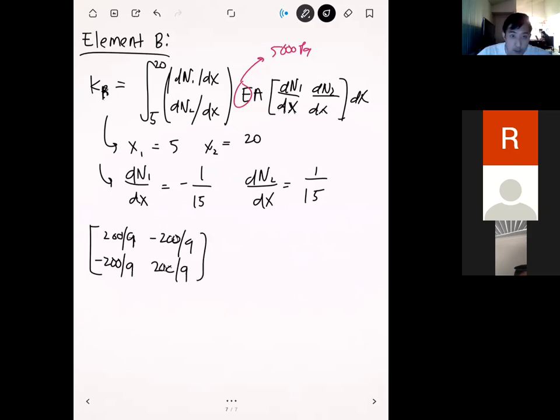And then the integral from 5 to 20 of 1 plus x squared over 400 dx. And so you evaluate this integral, and then what you're left with is